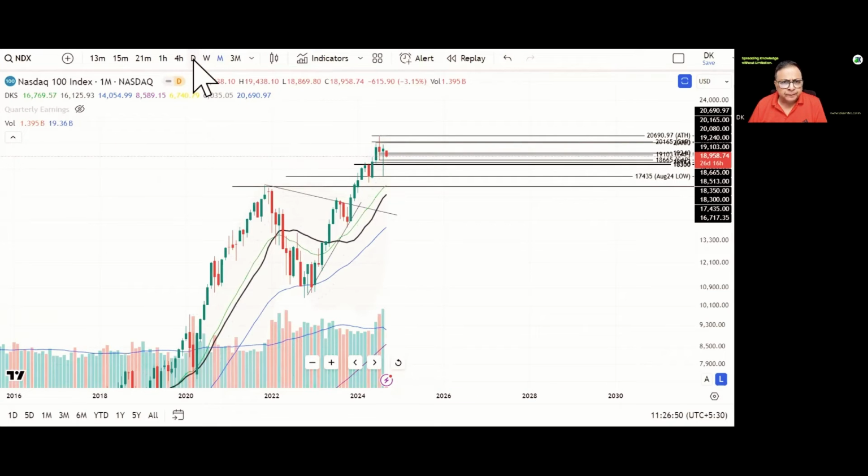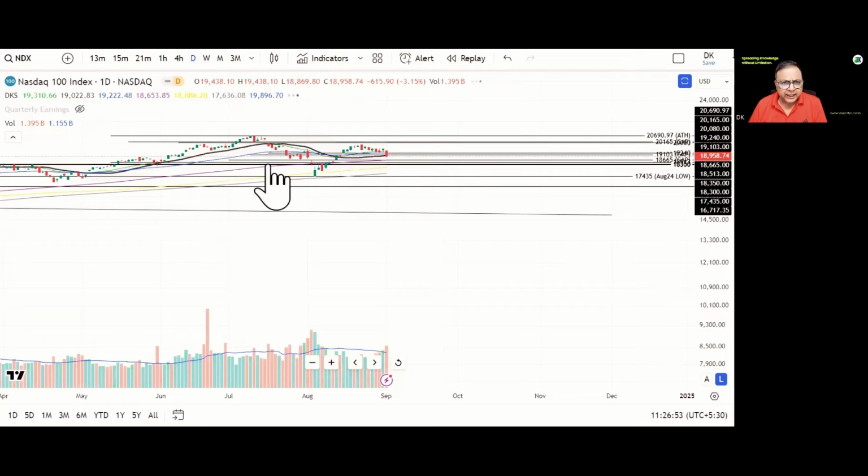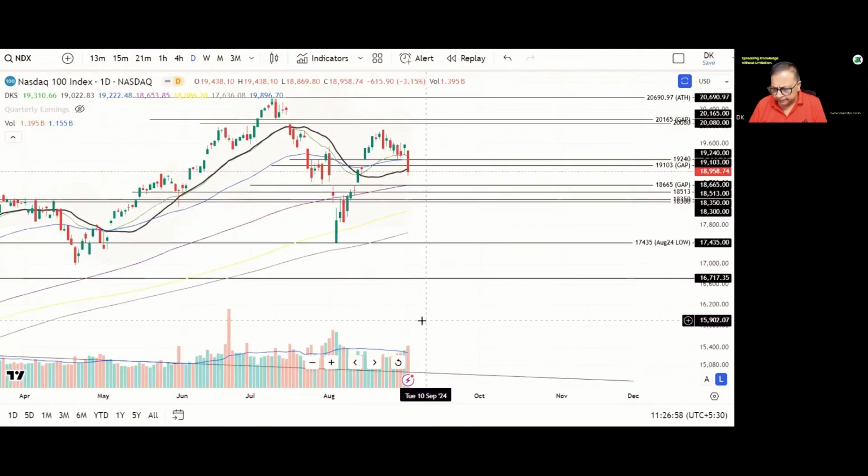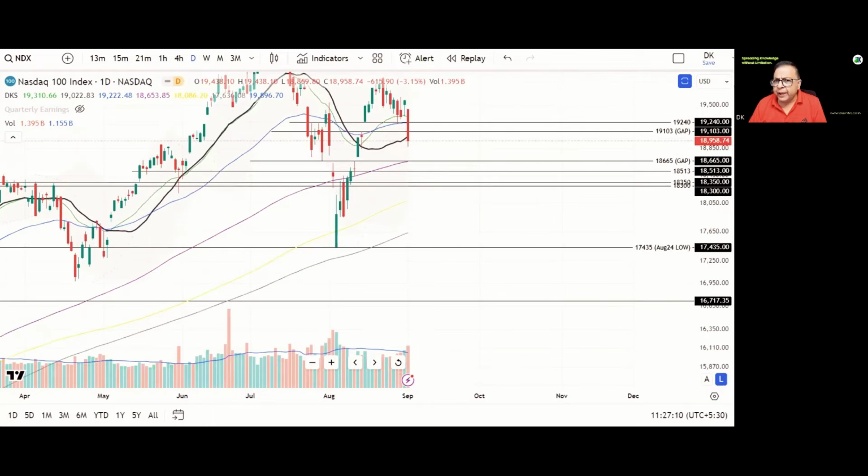Now let us move to the price chart daily time frame. What we can see during the last trading session, that is on 3rd of September, market gap down, and it is currently resting on volume weighted moving average 21 period. So here too we can see some minor gap edges at 18,665, which should provide the support, as it is a confluence of SMA 144 moving average. So this is a significant support area.